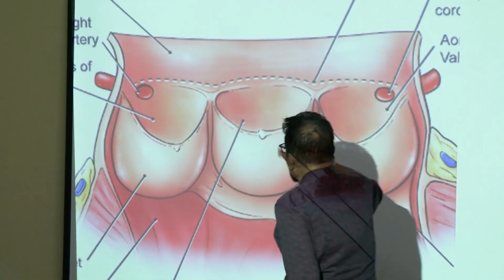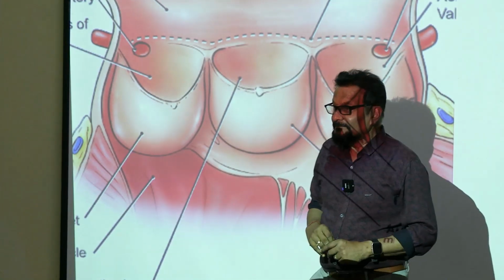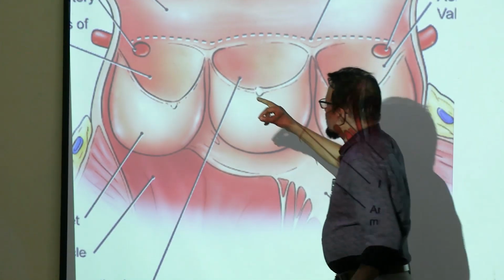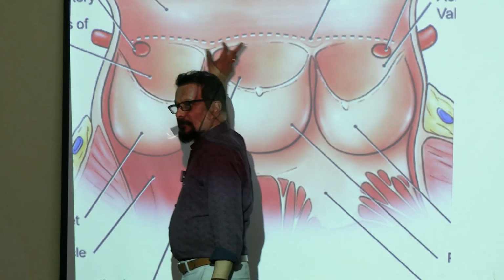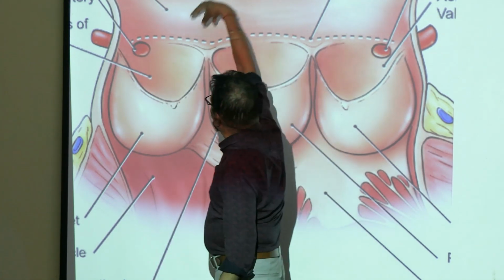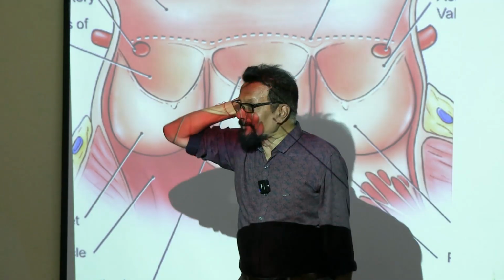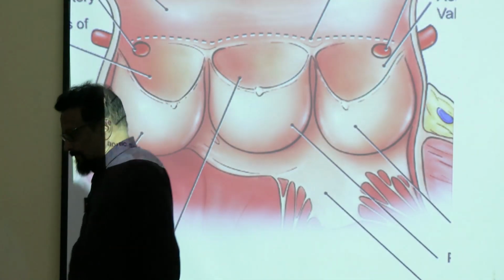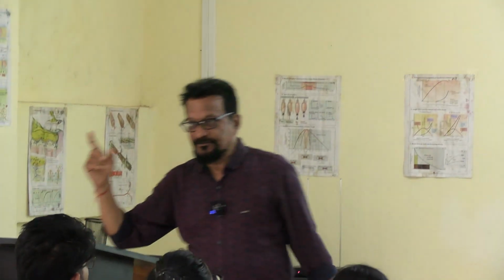But though the valves are closed, these orifices are now open. Orifices of what? Right coronary artery and left coronary artery. Because of this pressure, the blood will enter into these vessels. So we will be seeing that, unlike in other organs where blood is supplied mostly during systole,